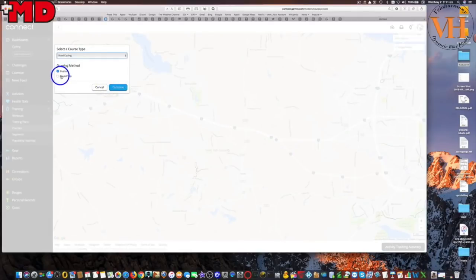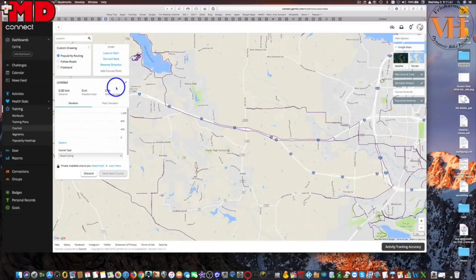I don't like to use round trip. It kind of limits your options. So once you do create a course, then Garmin Connect displays the popularity heat maps. Since I didn't have a course being created, it wasn't showing the purple heat map. Well, the purple lines indicate